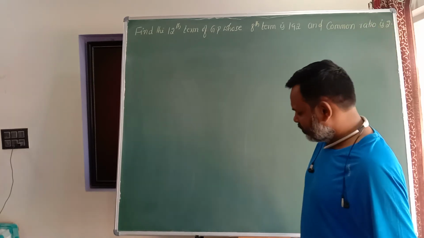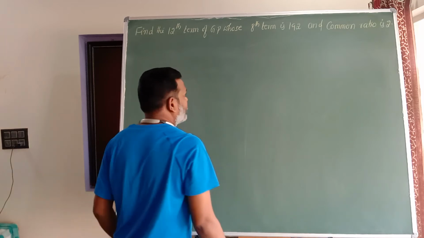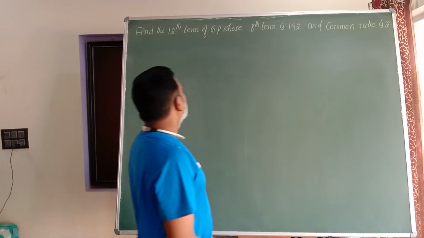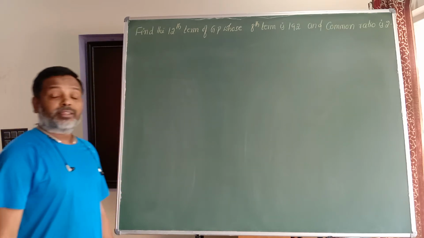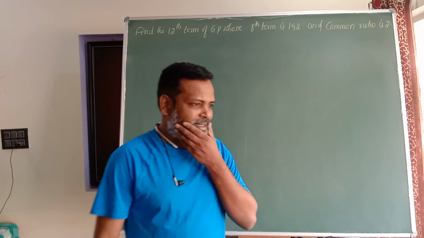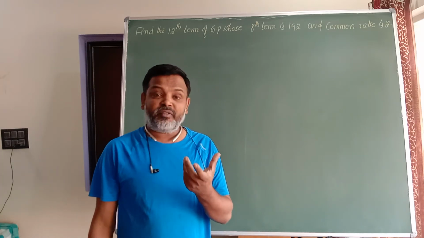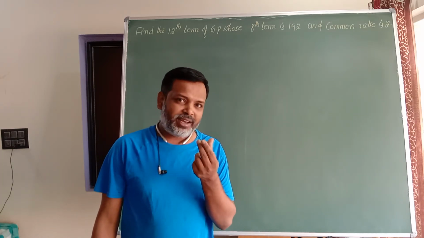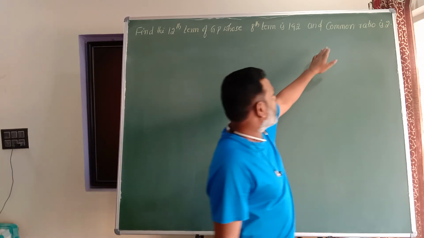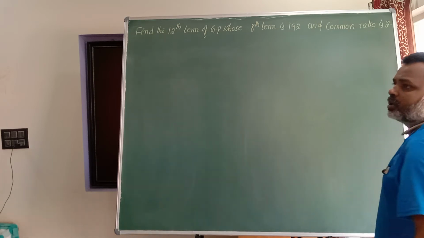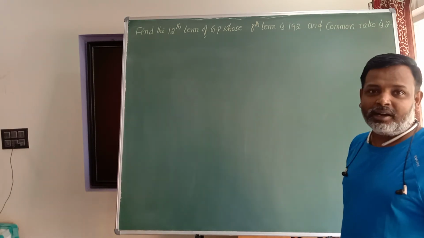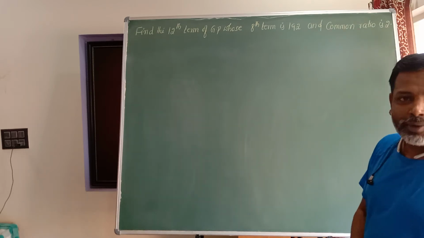Look, this is a very beautiful problem. What is the problem here, dear student? Find the 12th term of GP. 12th term is nothing but T12. Got my point? And I already discussed that to find out any term of a geometric progression, we need the first term and the common ratio compulsorily. Here they are given the common ratio. Common ratio is 2. Now it is just enough to find out the first term from the given data. Then it is very easy to find out the 12th term.